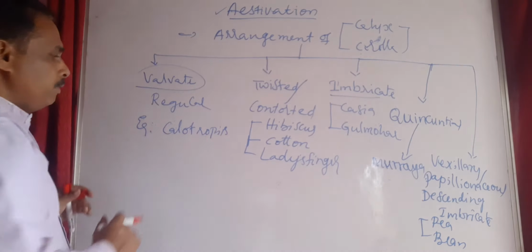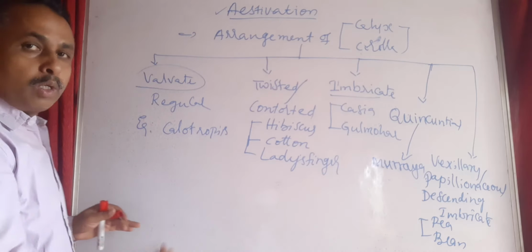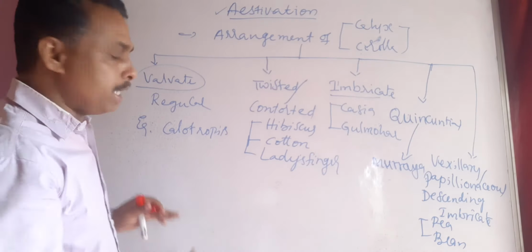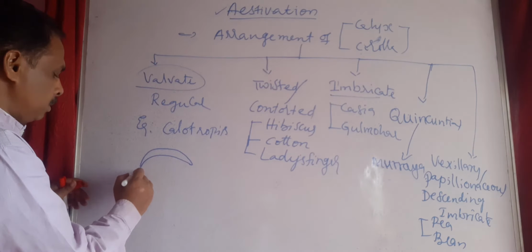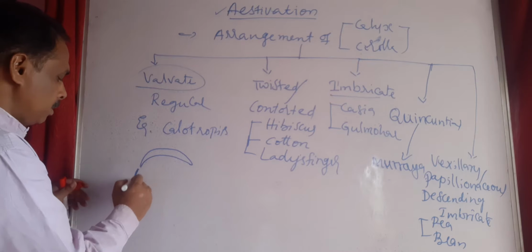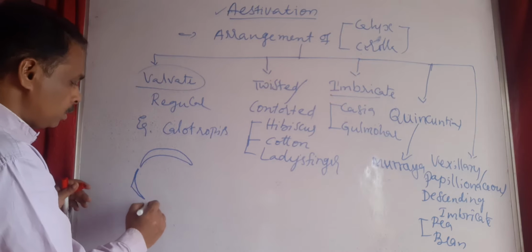Next, structurally, when you observe either the calyx or corolla, whatever it may be, in the arrangement of the members, all the lobes of the perianth members will be close to each other in that particular circle. They are close to each other.